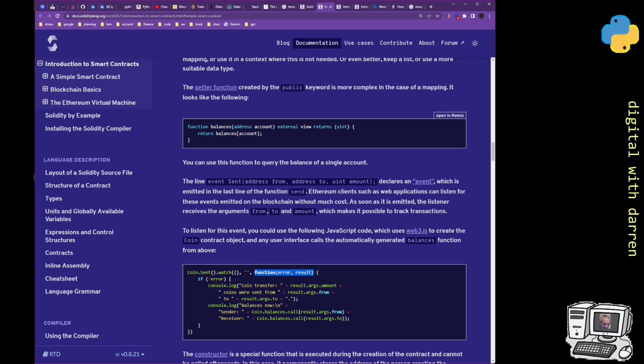And if there's no error, if not error, then console.log. So write to the console that we've had a coin transfer plus result.args amount. So you either get an error or you have a result. So if not error, you get the results args amount. And then you get the args from, and then you get the to as well, result args to,